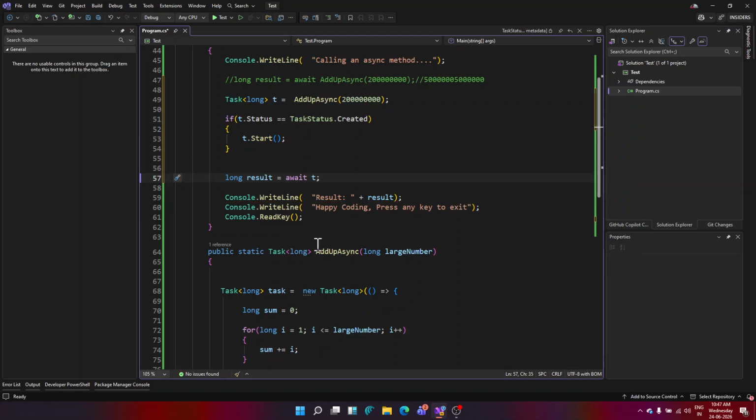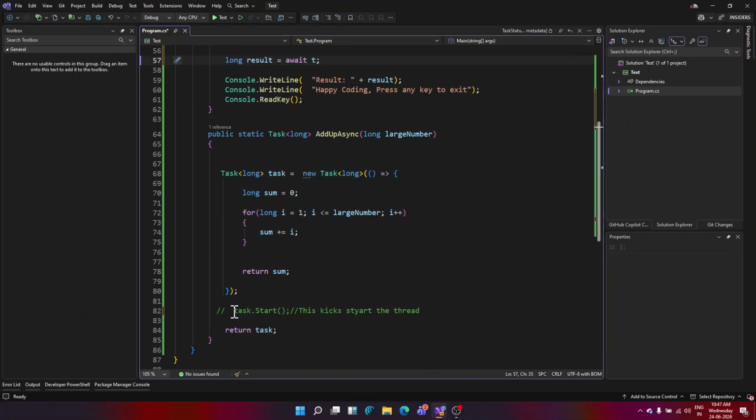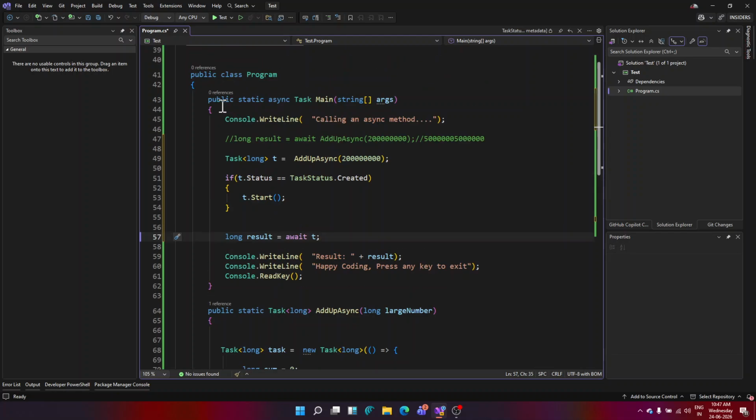Brilliant, right? That means if this developer has forgotten to start it, then the end user developer can take the task, check whether it has just been created, kick start the task, and then await on it.